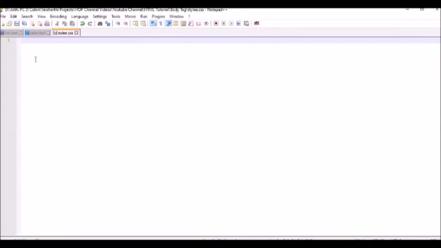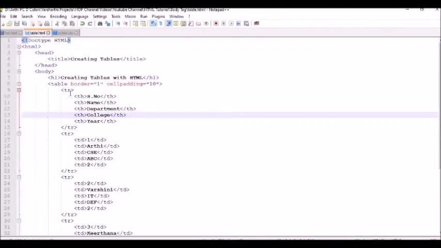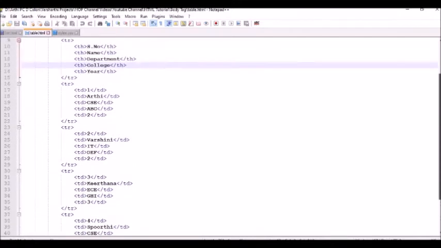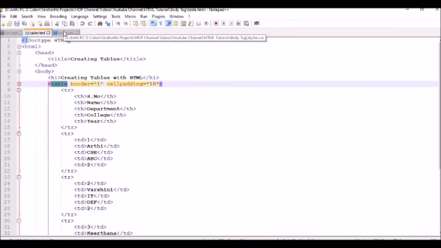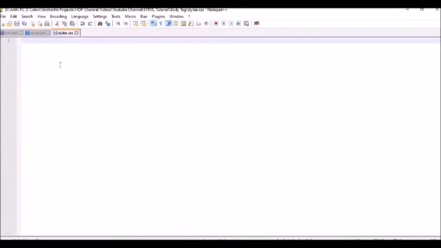Here we have a table tag, and we didn't use any class or attribute in this particular program, so we can use the tag name itself for formatting. There are three ways to define your formatting. One way is to use the tag name itself. The second way is you can use the id or class attribute.